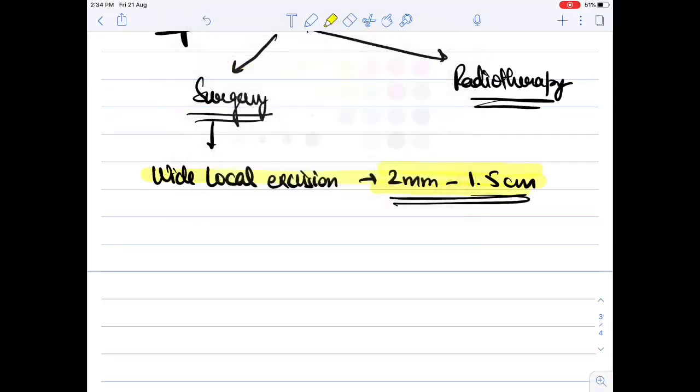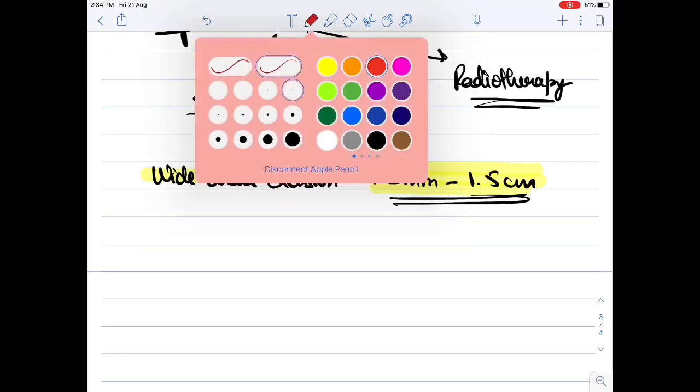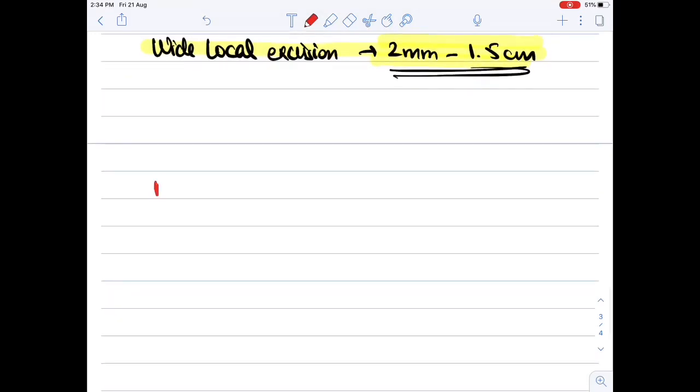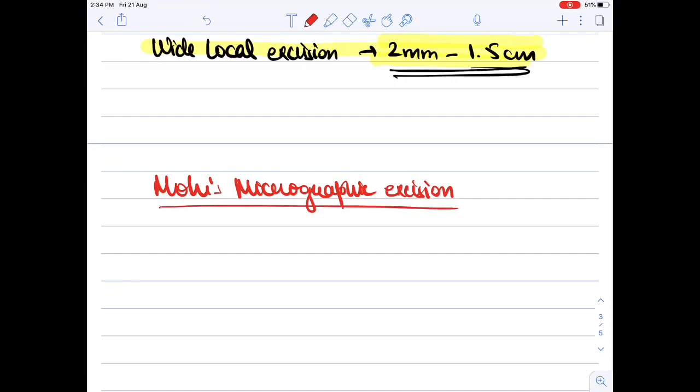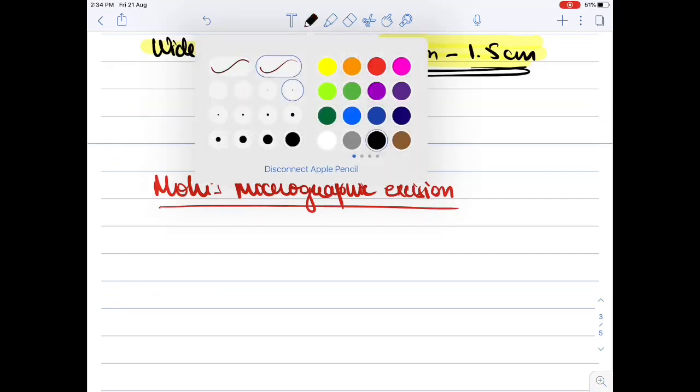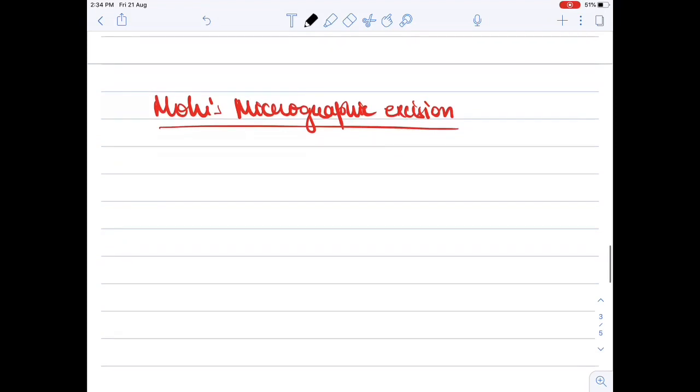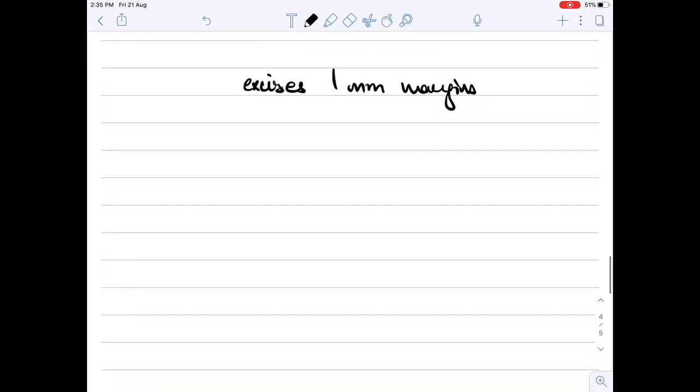And another upcoming treatment modality is Mohs micrographic excision. This can be done by either a surgeon or a dermatologist who has been trained for dermatological surgeries. In Mohs micrographic excision, the surgeon excises 1 millimeter margins. It requires good coordination between the surgeon and the histopathologist, since this